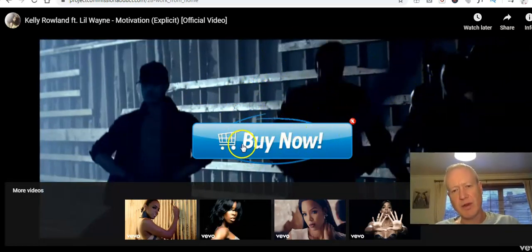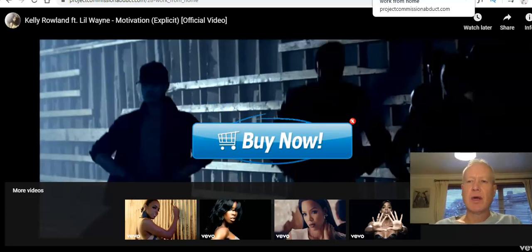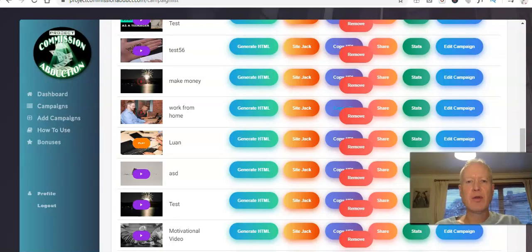You can put other stuff on here as well. They've got all the buttons there that you can use, the buy now buttons. I use this one. You set up the time delay for when you want it to appear. You can have it sliding in, out, shaking it all about. I'll run through quickly how you do that. So if you were to add a campaign,